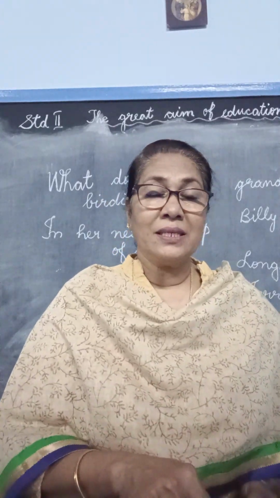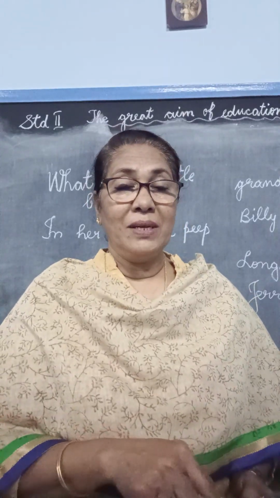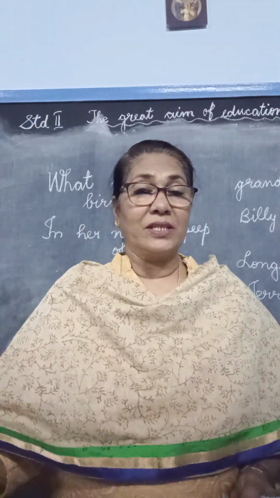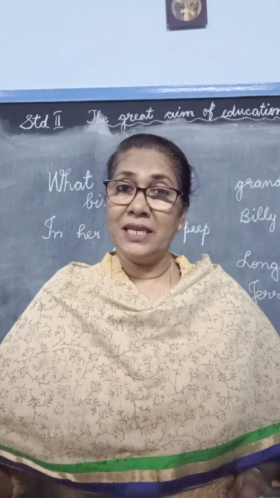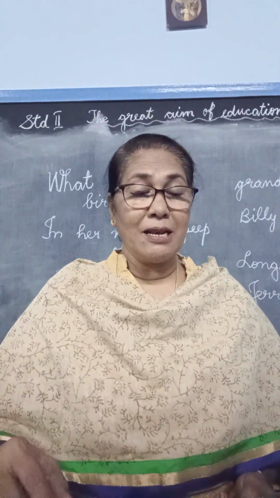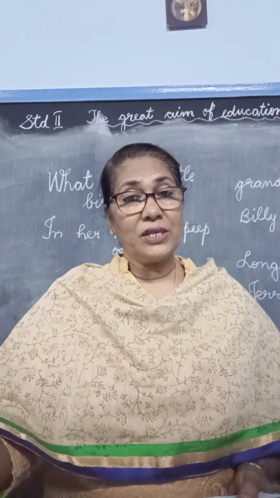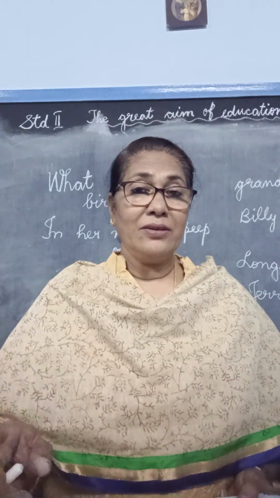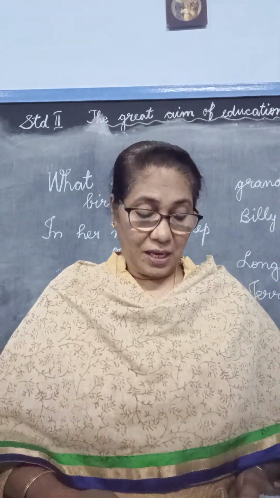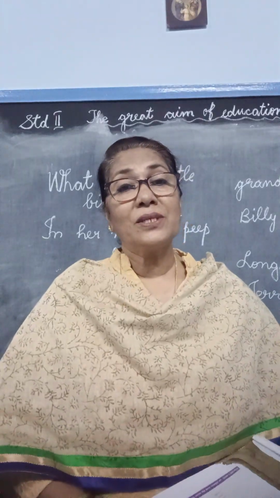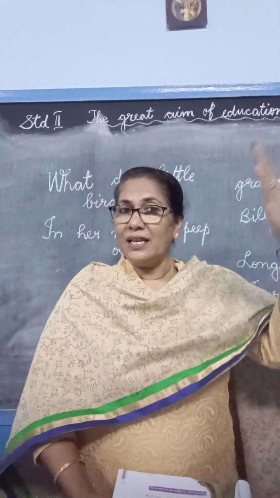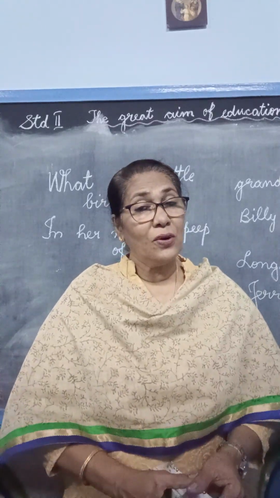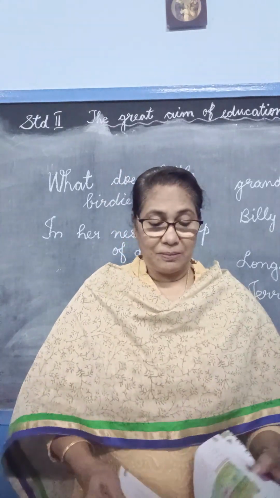Rest. Now in the book it is given here, rest. That means to wait. Telling the birdie to rest means to wait till your wings are stronger so that you can fly. The mother bird is telling the little bird, you wait, that means to rest, in the sense here in the book, to wait until you become stronger. Only then you can fly. Limbs, arms and legs. Your arms and legs are called limbs. That's one word for arms and legs, you say limbs.